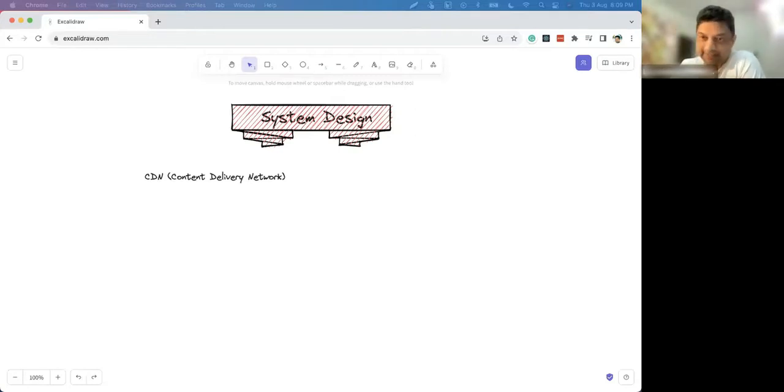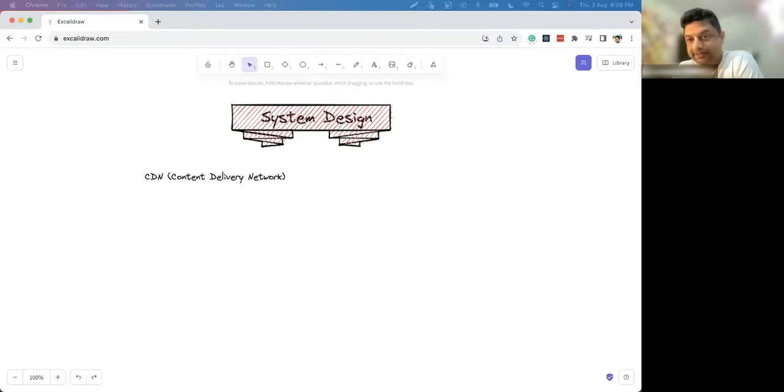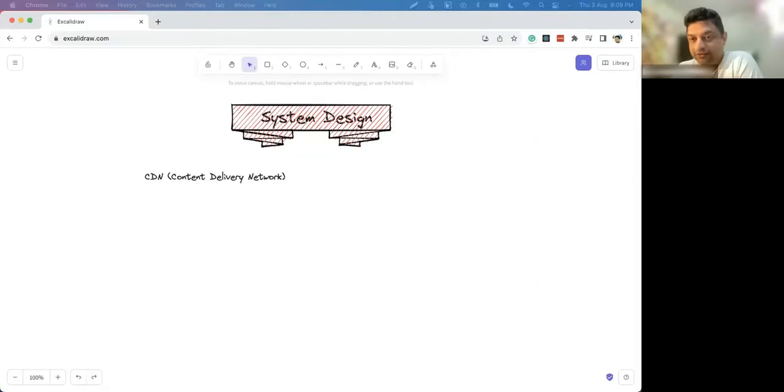Say, for example, in the last session, I said for Instagram we will have 500 million active monthly users. Here, you have to be more careful because as a product manager, they should know exactly how many users will be there. So they should have a mechanism to understand and figure out what would be the exact number of users, so their estimation should be more accurate in that case.